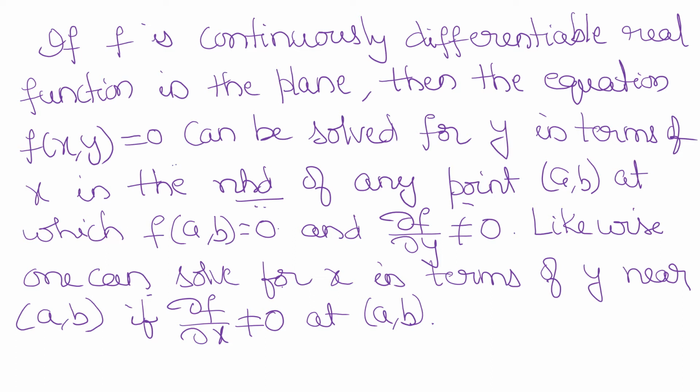This is the simplest form of the implicit function theorem, for two variables, which we are going to generalize. We can generalize it for n number of variables, because this topic is all about functions of several variables. So the same concept, when we extend it to more variables, is what we are going to prove, and we are going to call it the implicit function theorem. Before we start with the statement of the theorem, we shall get to know some notations.